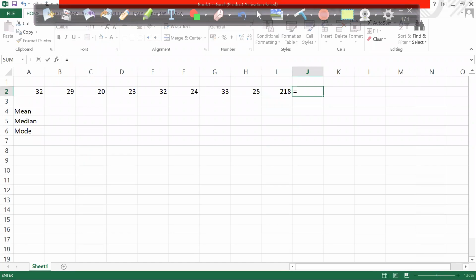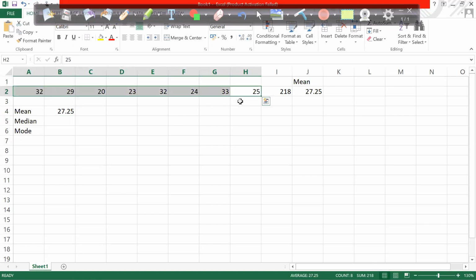Now I'll divide this 218 by the total number of records, which we already know is 8. So the mean comes out for this data set is 27.25, right? So the mean is 27.25. Now you can see that yes, this looks pretty good, right? It's almost at the center, and I can say that the population is around